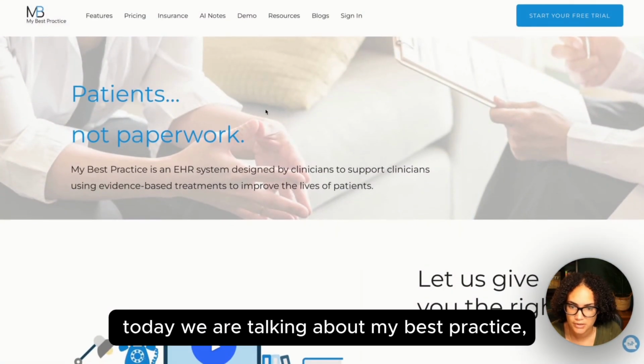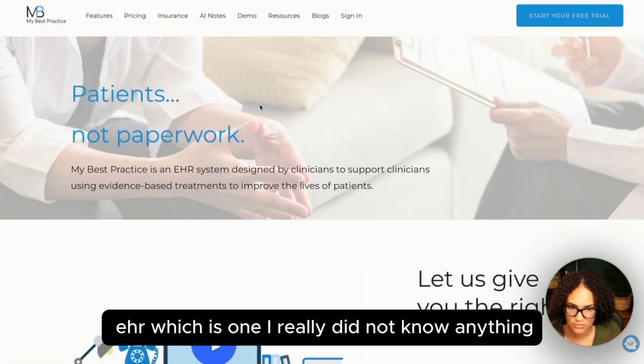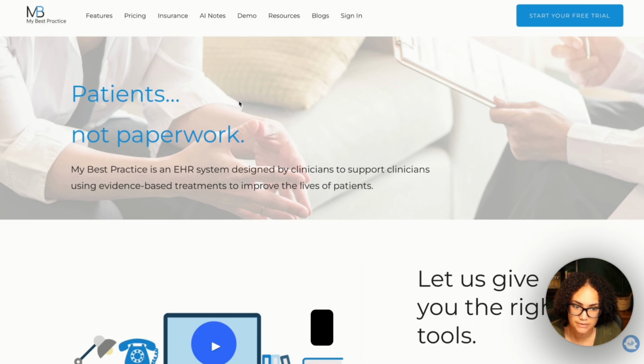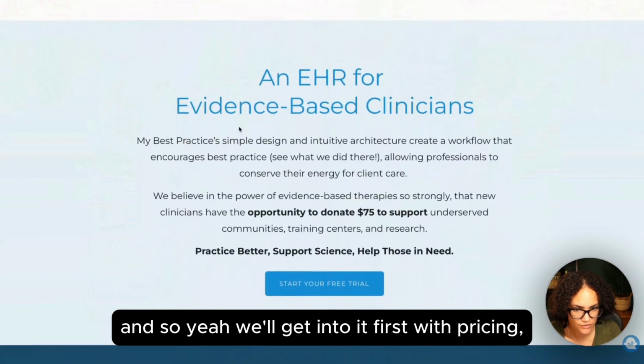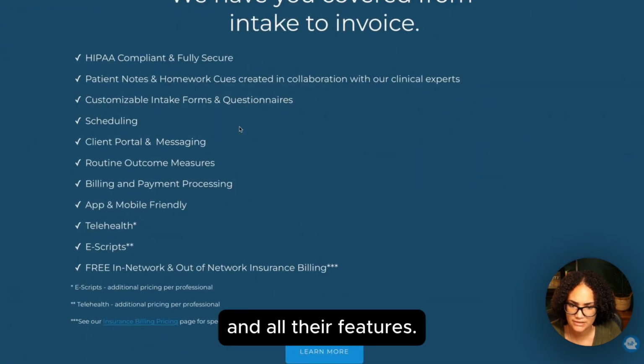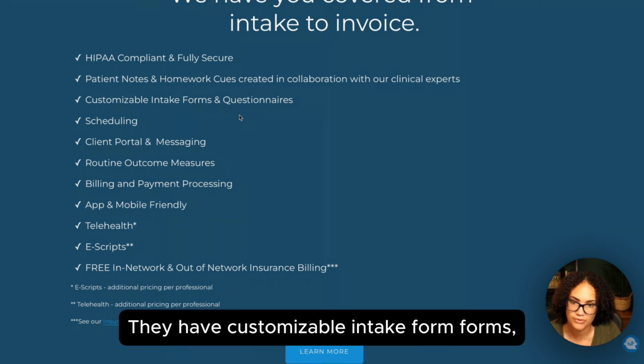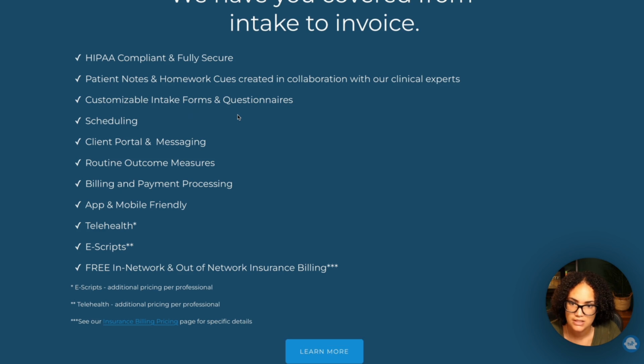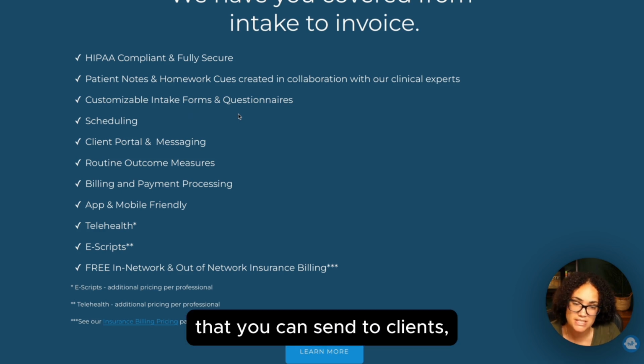Today we are talking about BestPractice EHR, which is one I really did not know anything about. And so we'll get into it first with pricing and all their features. So HIPAA compliant, they have customizable intake forms, questionnaires, homework that you can send to clients,